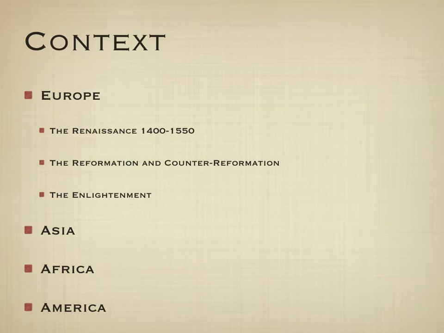In Asia and China, this is a time of great prosperity under the Ming Dynasty from 1368 to 1644. The government provided public works that helped many citizens. This includes water, jobs, roadways, and it was a time of great stability in China. However, it did eventually end by rebellion.